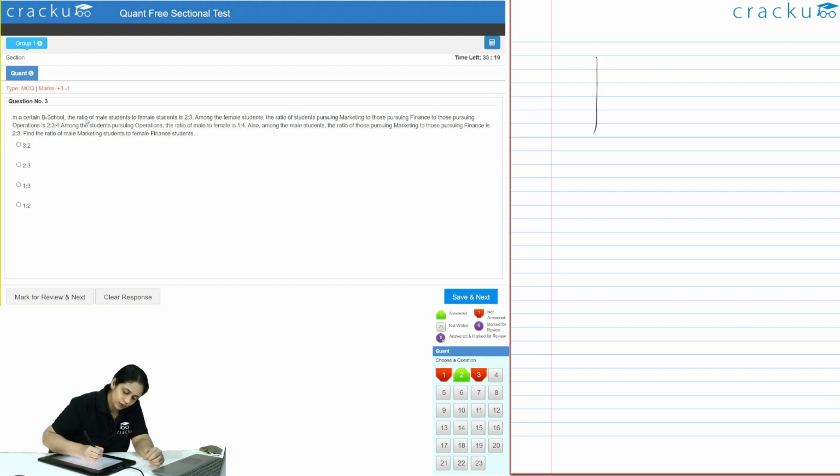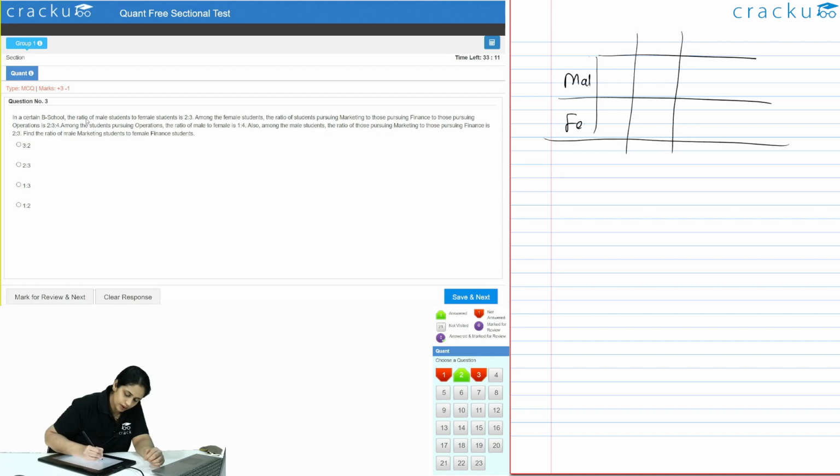So we have a 4-way split between male, female, and this. So that is marketing, operations. This is male, this is female, this is marketing, finance, operations. Okay, so the female students ratio is 2 to 3. So let's say this is